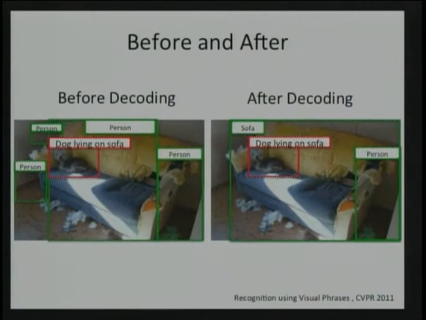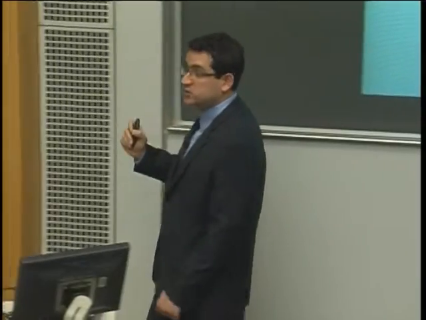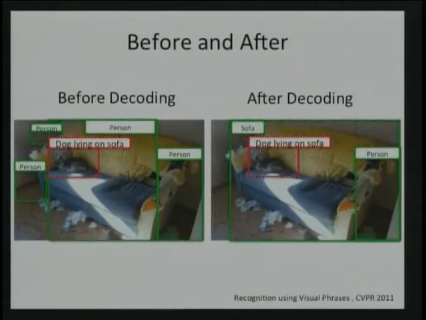You might think, actually, why on earth would we predict a person right in here? But because we look at the picture, and if you look at the space of the features, the space of the HOG detectors, that looks really like a person. Because there are strong edges over here that you might not see. There is a round thing up here that looks really like a person. But a decoder can get rid of those wrong predictions and push up a sofa prediction.